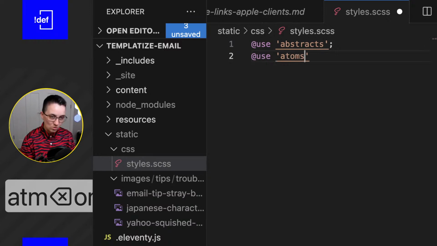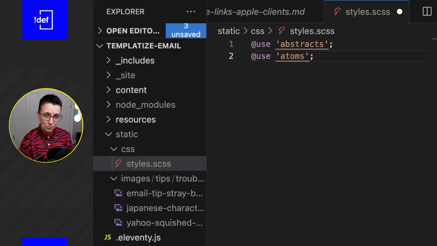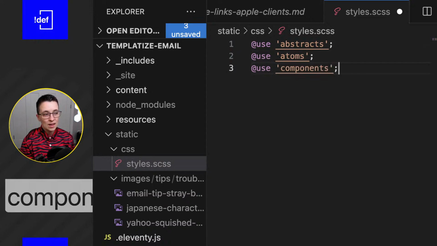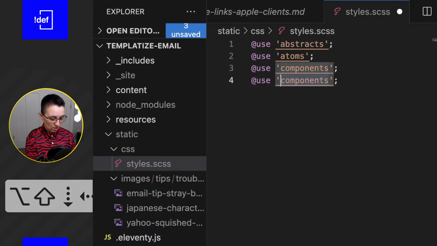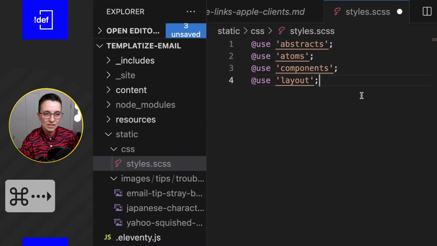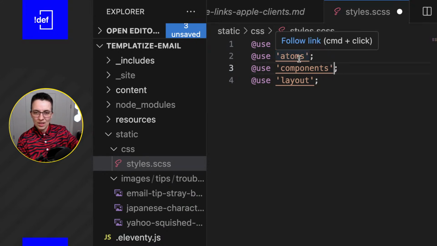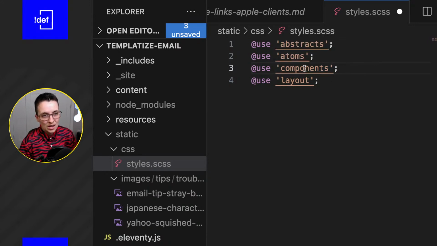So I do tend to use an atoms folder, an abstracts folder, and then a components folder, and then I usually do a layout as well. So I like to kind of separate these. And the idea here is abstracts is stuff like variables, things that I need to be using throughout the site, maybe colors, things like that. Atoms would be just little things like buttons, maybe form fields if I need that. Just a little stuff that on its own needs to be styled, but is usually compounded somewhere else in the